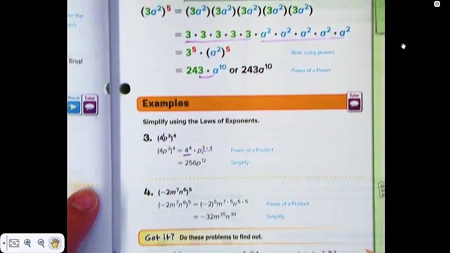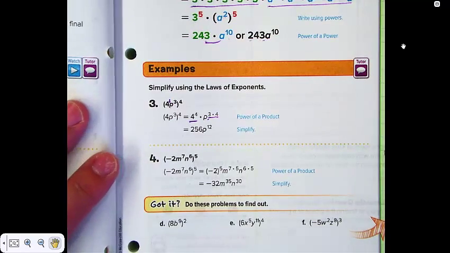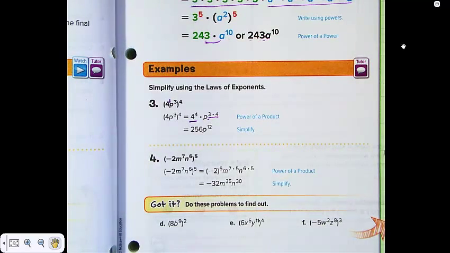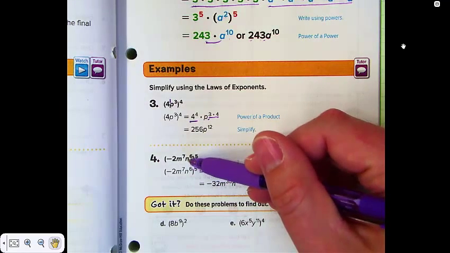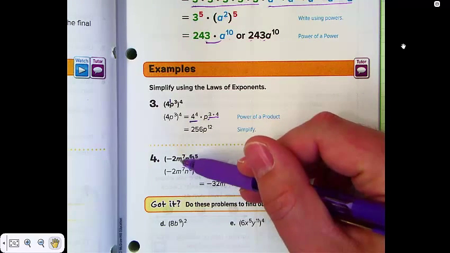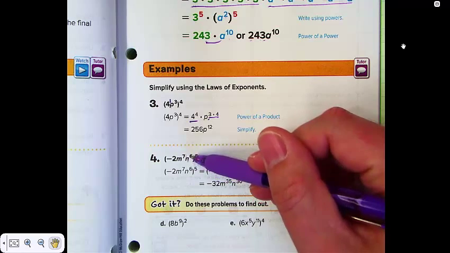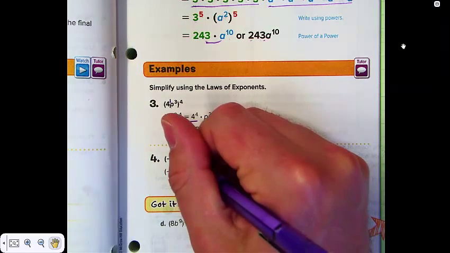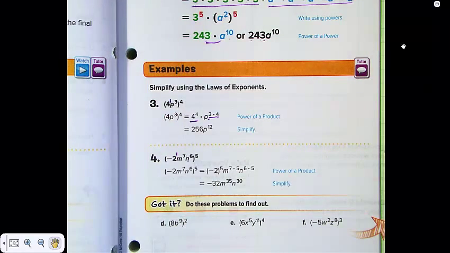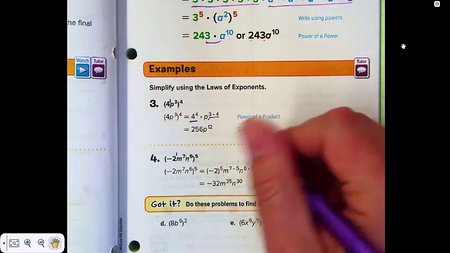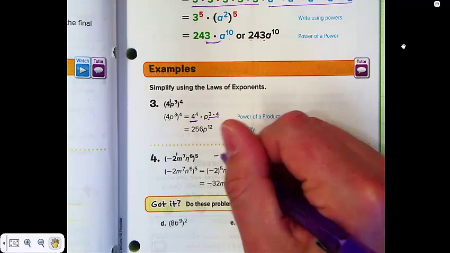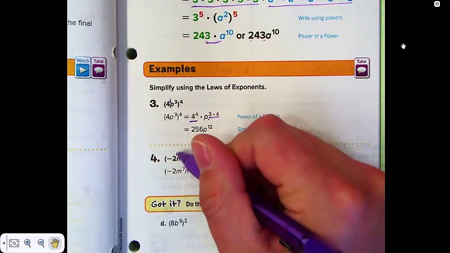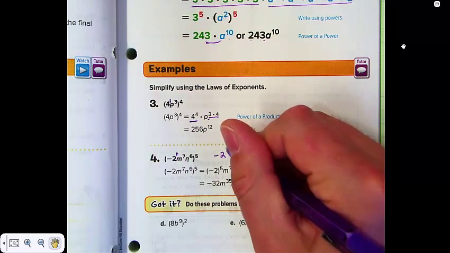4 gets a little bit more complicated, but not too scary if you're paying attention. Once again, we're going to break this out and do all of its different parts. Notice, I'm going to look for powers here, or exponents. So I have m to the 7th, n to the 6th. My -2 has nothing. Okay? So I'm going to put a little 1 right there. So when I break this all apart, I'm going to have -2, 1 times 5. I'm going to have 5 of those,